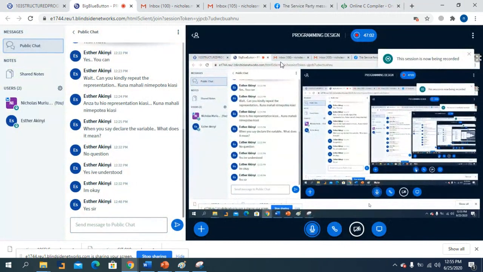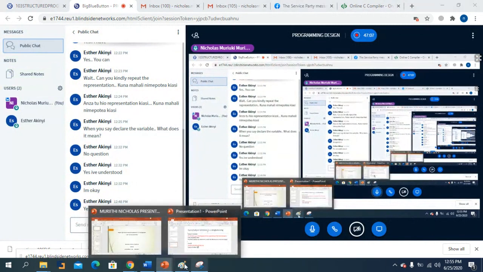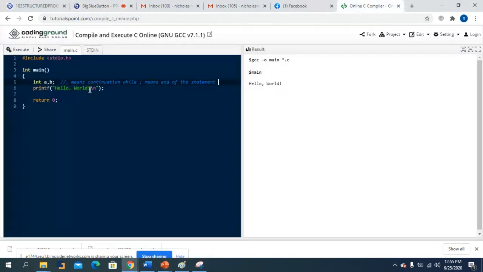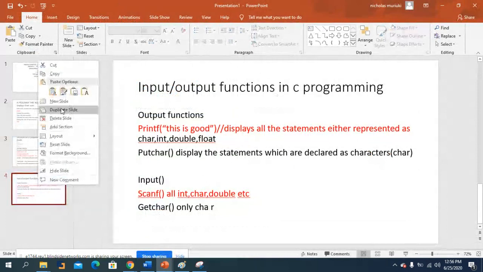So for this case, what we are saying is that if you look at this program that we are having here, we are having a semicolon. So if you remove this semicolon, and maybe we say we are executing this, this program cannot execute. If you try to execute, let's see, it cannot execute. This results to a given error, and this error, which is as a resultant of